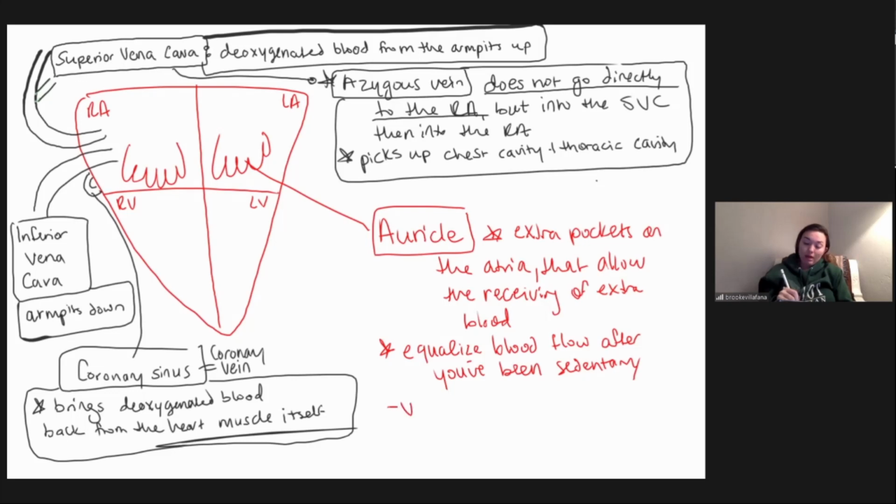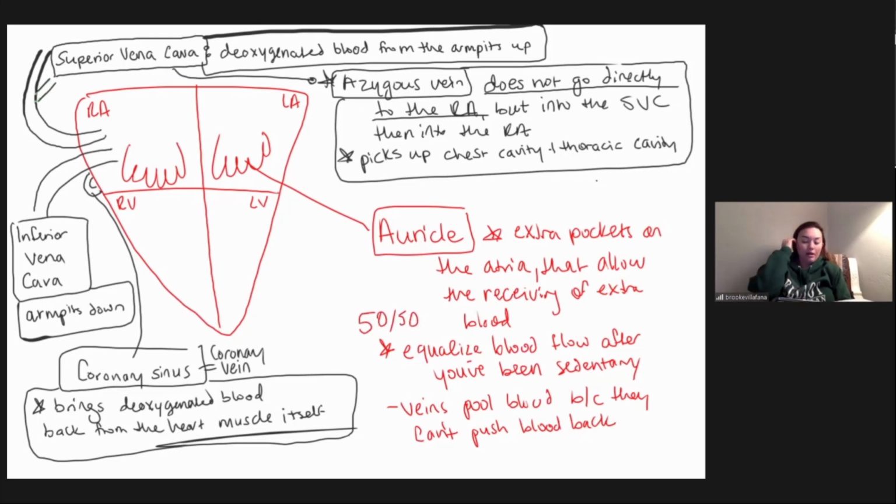So the veins pool blood because they can't push it to the heart, and the auricle helps restore that balance. Helps restore 50-50